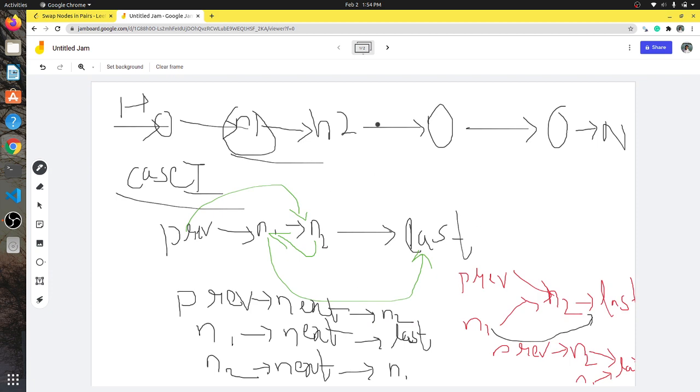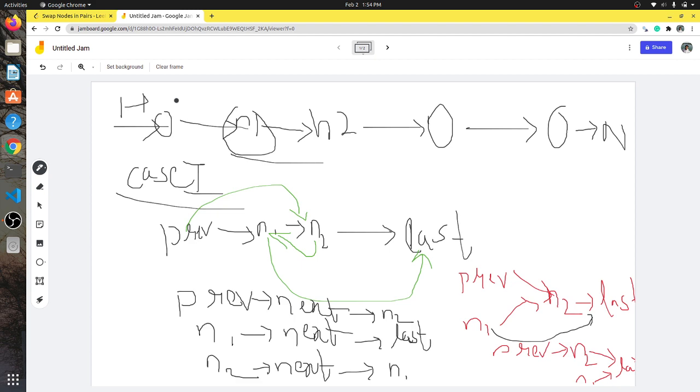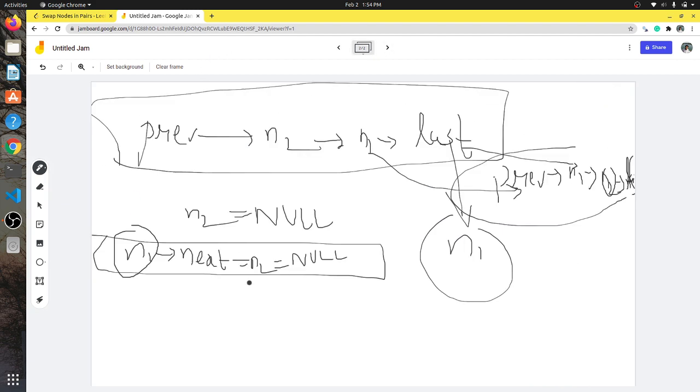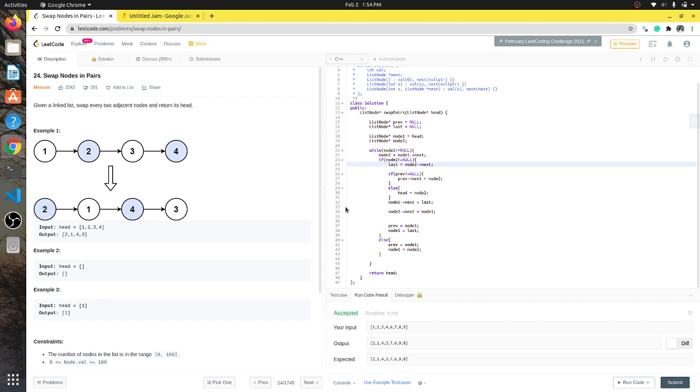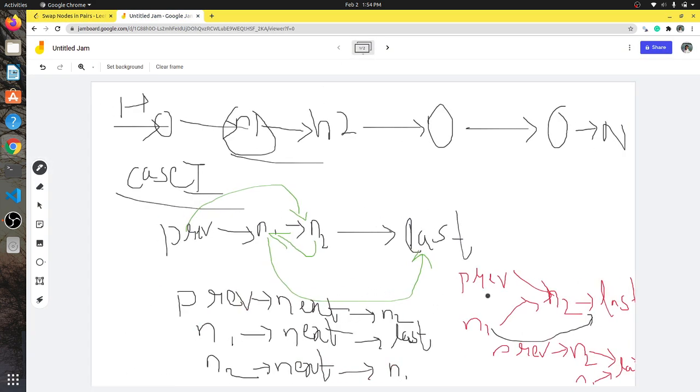There is also another special case, that is when we start iterating over the linked list and our previous is equal to null. In the code we are setting previous next equal to node 2, because we are shifting to this.